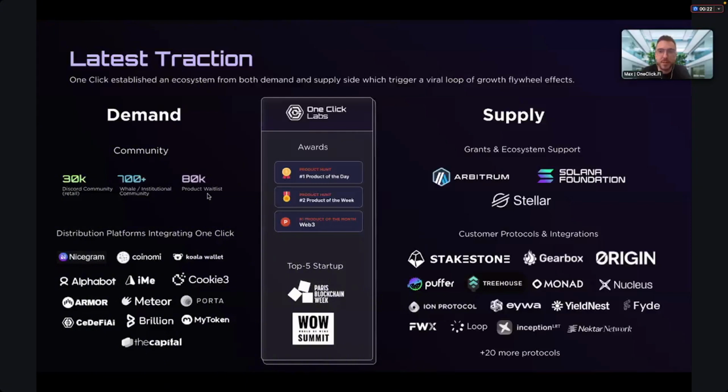In terms of the latest traction, we signed a lot of protocols, including big ones, LRTs on Ethereum like Stakestone, Gearbox, Buffer, Treehouse, Origin, YieldNest, etc., for exclusive deals. Got grants from Arbitrum, Solana, and Stellar. Built up a community of whales, a product waitlist, and